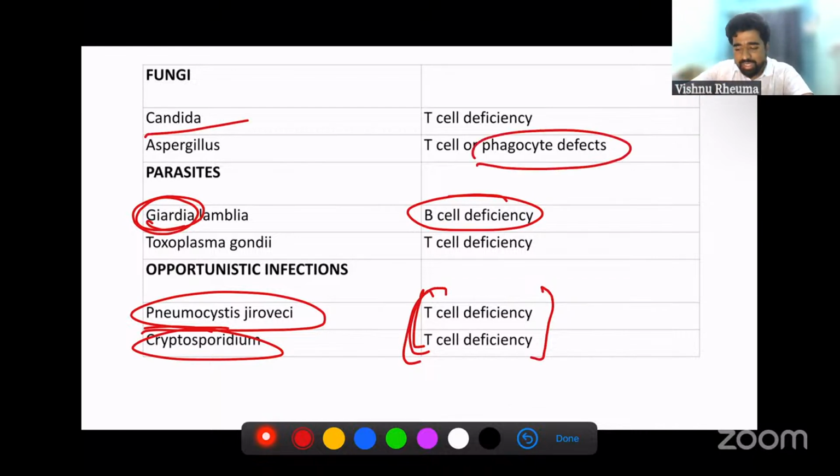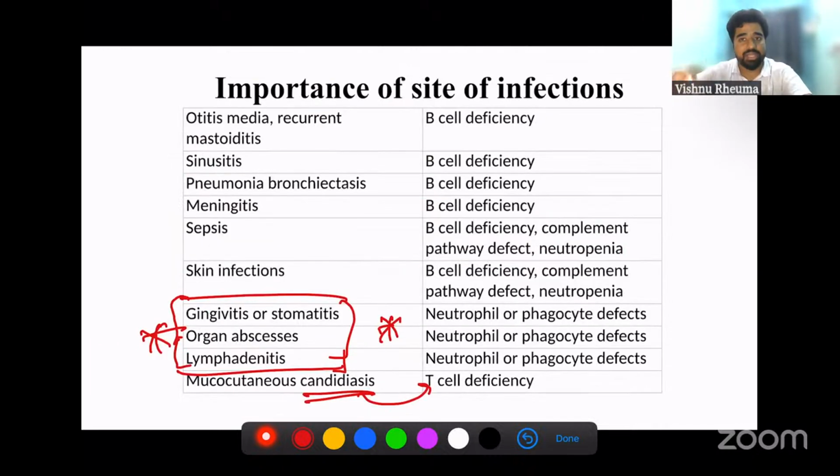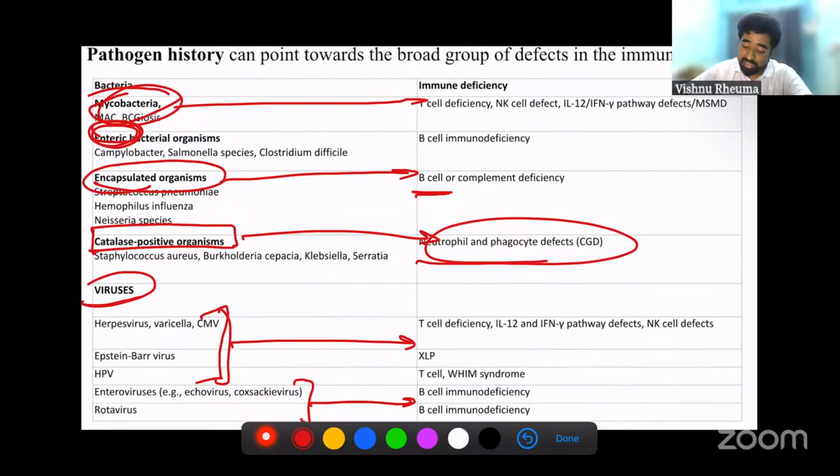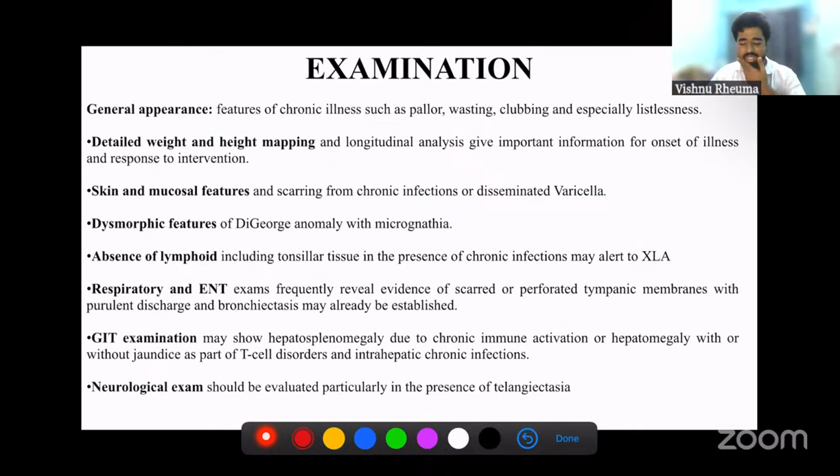Then your phagocytic defects, you should remember mainly these 3 that I told you: gingivitis, stomatitis, organ abscesses, skin infections. These are important. Then you have your catalase positive organisms. These 2 are very important in your phagocytic defect. So this is how from the organism you can get a clue, and also from the disease you can anticipate what pathology will occur. So coming to examination, again, for this you need to know what each phenotype of your